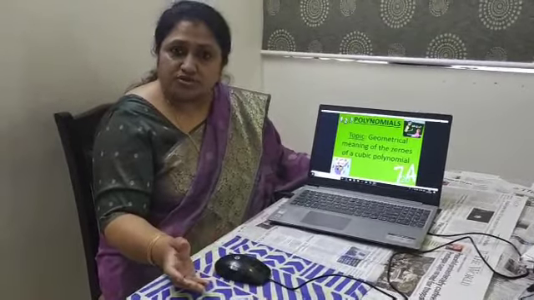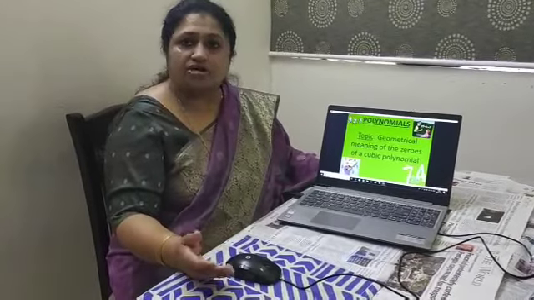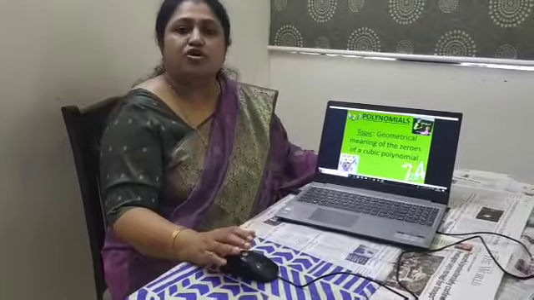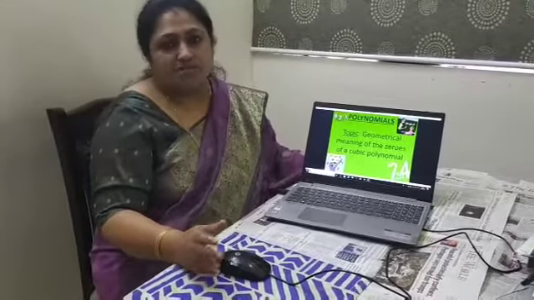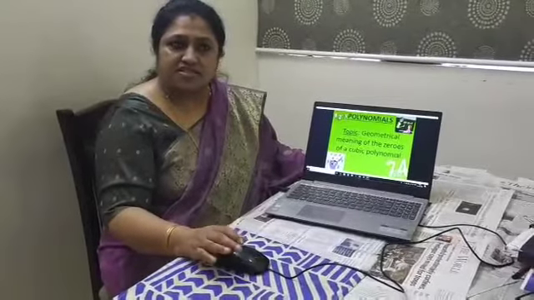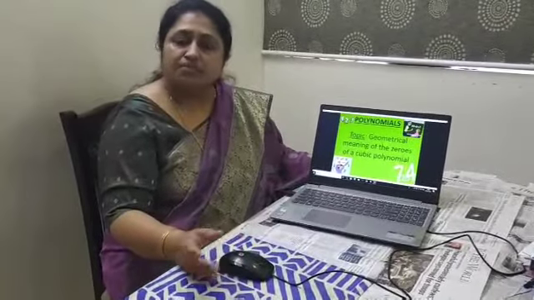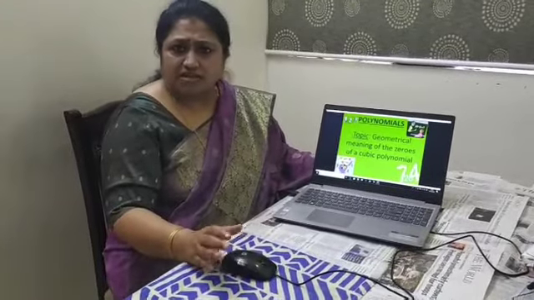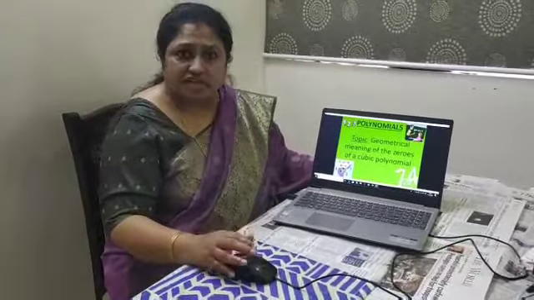Non-negative means a positive number. Integral means it should not be a decimal or a fraction. And exponent is nothing but the power. So always remember, it is an algebraic expression consisting of numerals and variables with the power of the variable a non-negative integral exponent. This was only a recapitulation of the concepts you learned in 9th class.